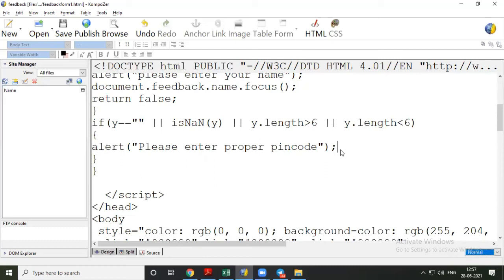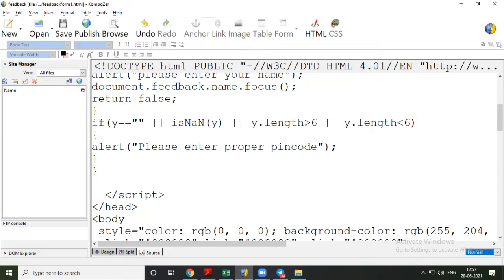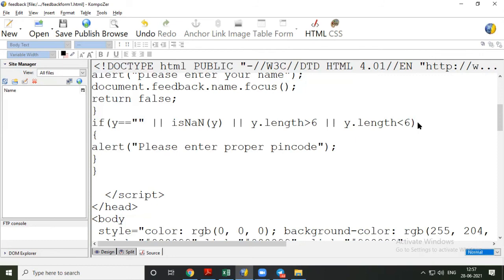Semicolon. When a semicolon is encountered, that means the statement is over. This is a statement which ends with a semicolon, and this is not a statement, this is a condition. Here we cannot use a semicolon. If you use a semicolon here, then this condition will not work.